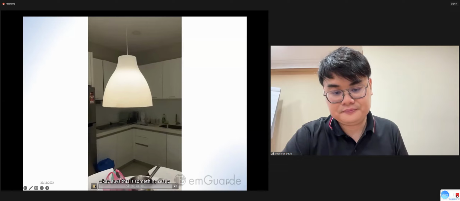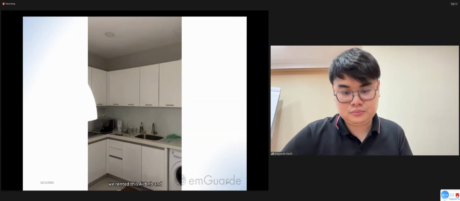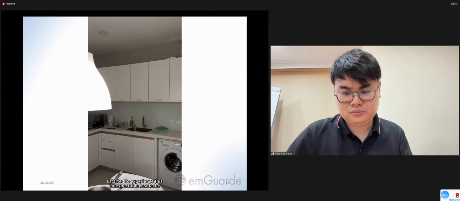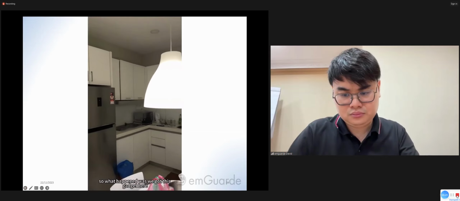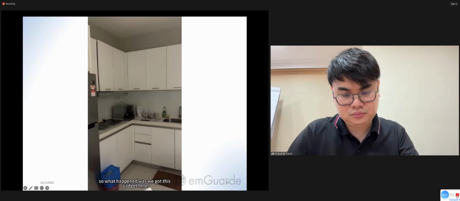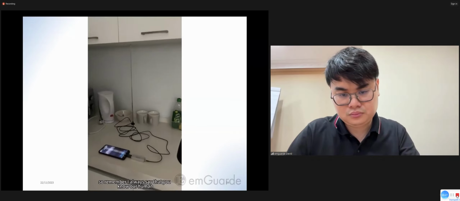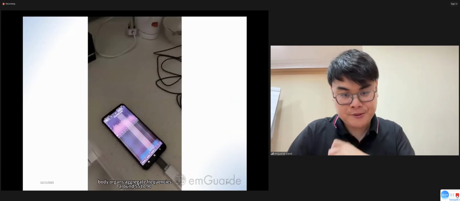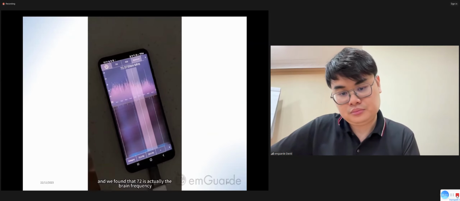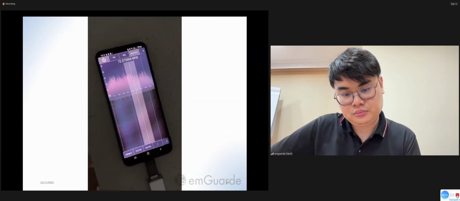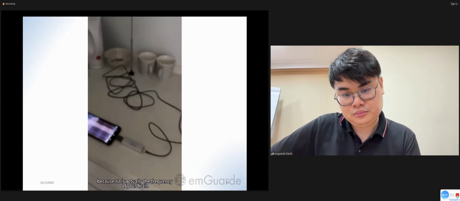Guys, this is something pretty shocking. We rented this Airbnb and I started to experience this unexplainable headache whenever I go near to the kitchen and prepare the food. So what happened was we got this gadget here. So remember, I always say that, you know, our human body organs aggregate frequency is around 55 to 90, and we found that 72 is actually the brain frequency. So I'm going to hook up the software here to identify what causes my headache, because 72 is actually the